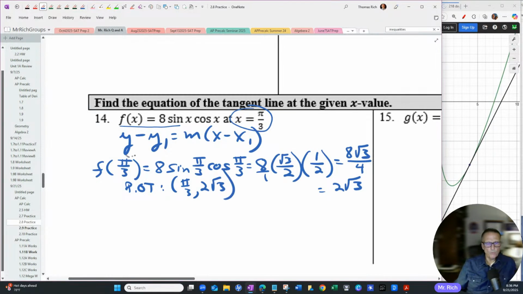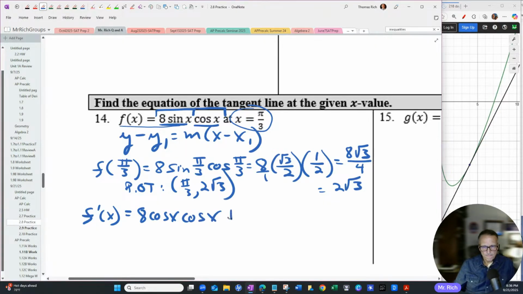Now we have to get the slope of the tangent line. So that's where the derivative comes in. So I need to find f prime of x. We're going to have to use the product rule because it's 8 sine x times cosine of x. So I'm going to take the derivative of the first. This 8 sine x is the first. The cosine x is the second function that's being multiplied. So we'll take the derivative of the first, which is going to be 8 cosine of x, times the second, which is cosine of x,